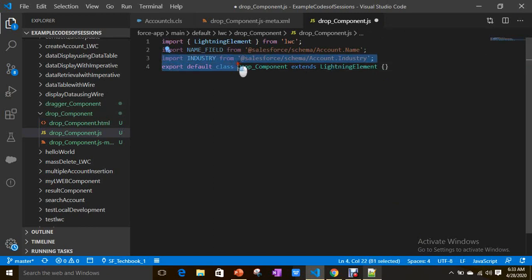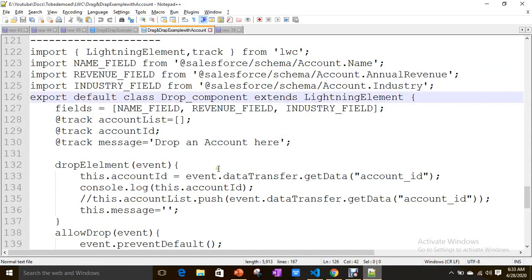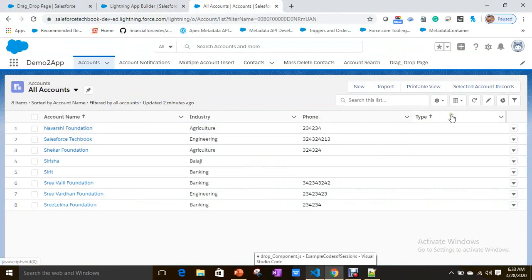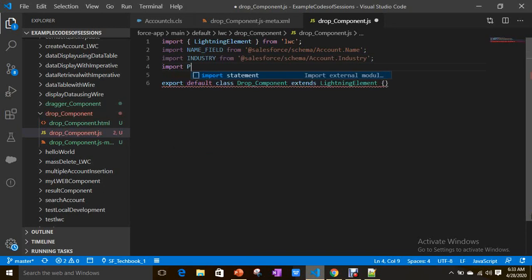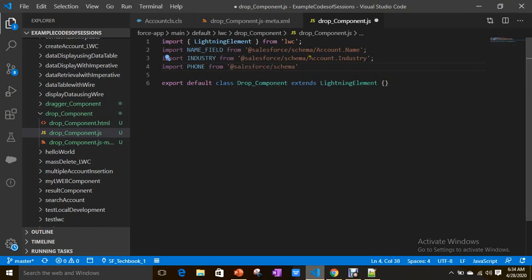Here I'm importing fields from the account object with the help of the Salesforce schema module. What else do we have here? Industry, and if you want phone, you can have phone also. Phone from Salesforce schema. Phone. That's it.